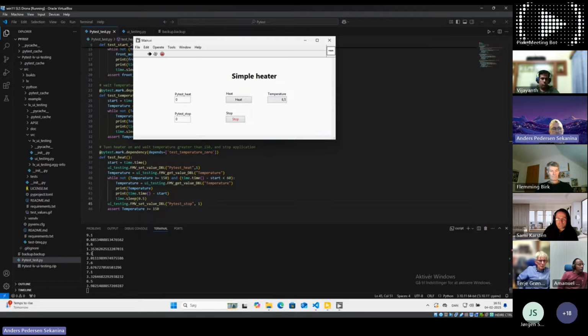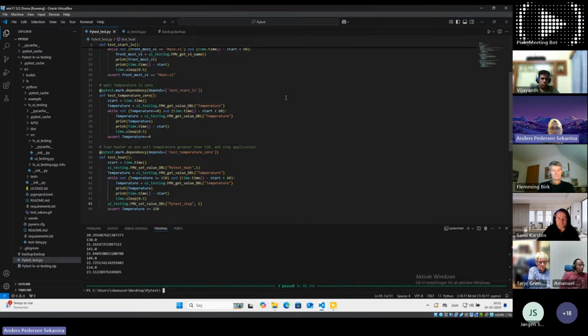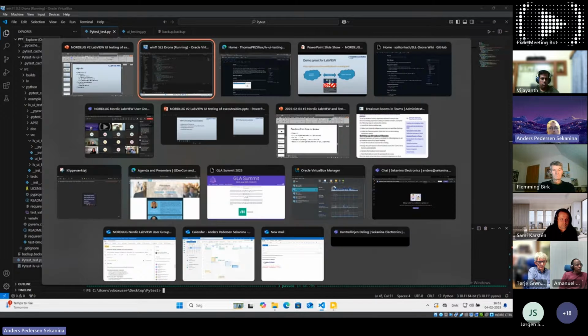And then you can see it's getting the temperature, and it's getting the timeout value. So right now it's decreasing temperature until it comes to 0. Then you can see the PyTest heat is set to 1. So it's heating, and then we are waiting until it comes to 150 degrees. Yes, and it's coming in some time. Yeah, and then it's passed, and it's closing it again. And then we will go back to this one.